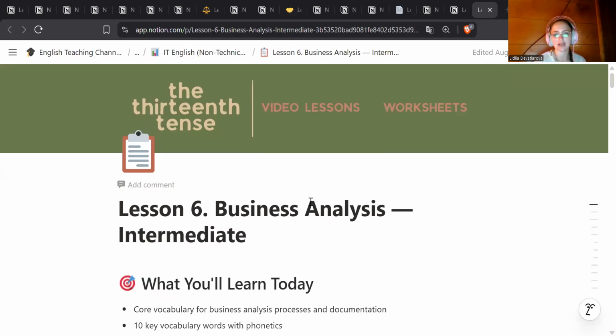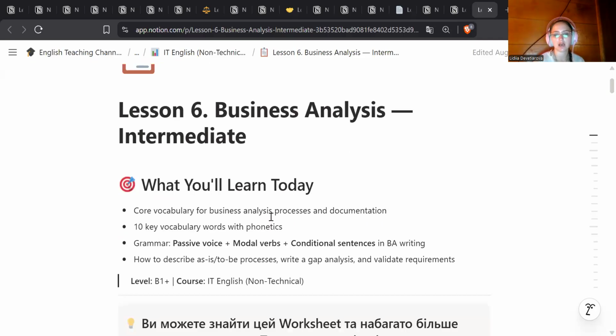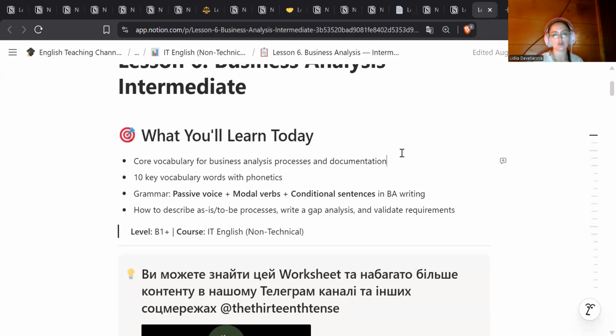And welcome back to today's lesson 6, Business Analysis Intermediate. What exactly are you going to learn today? Core vocabulary for business analysis processes and documentation, 10 key vocabulary words with phonetics, some grammar: passive voice, modal verbs, conditional sentences, and business analysis writing: how to describe as-is and to-be processes, write a gap analysis, and validate